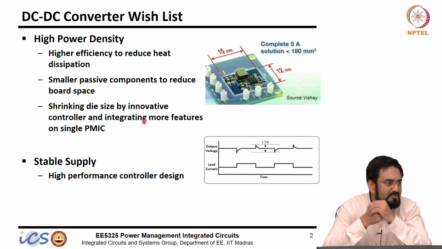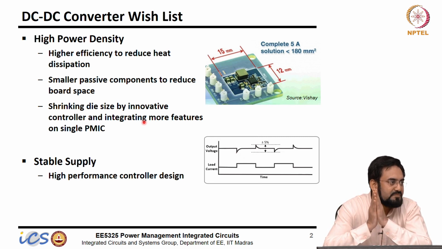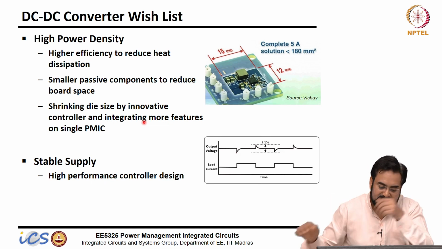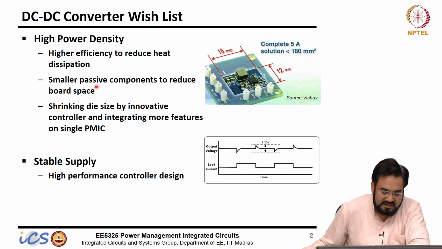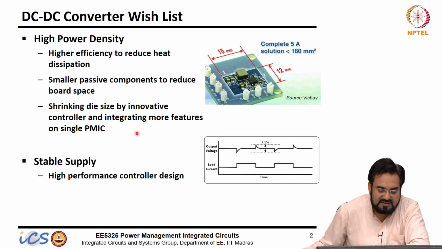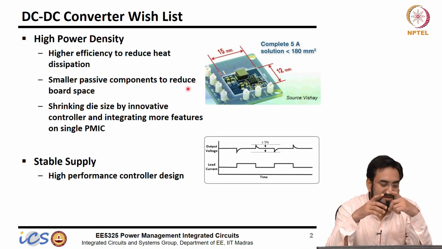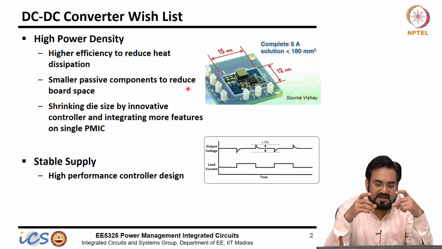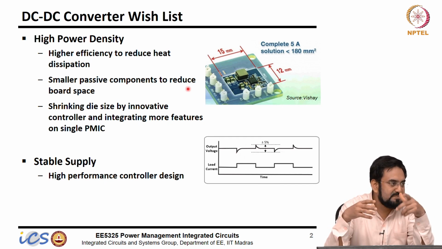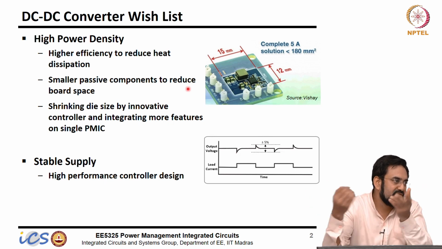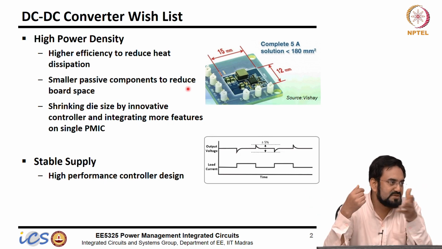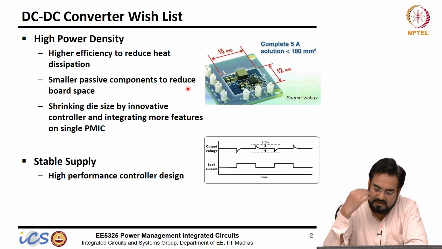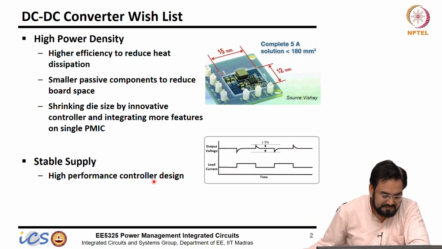So we always try to minimize the area of the controller, so that you are only limited by the power FET, your chip size. And if, let us say, I want to achieve a 2 millimeter by 2 millimeter die size, and I reduce the size of the controller, the extra space I can use for the power FET itself, and I can put some more FETs to reduce RDS on further.